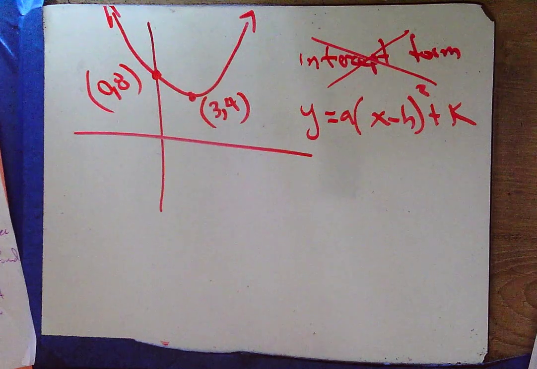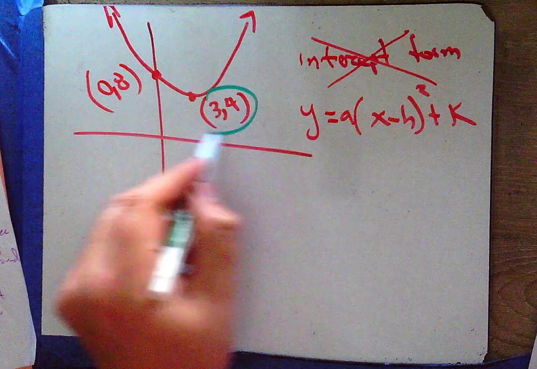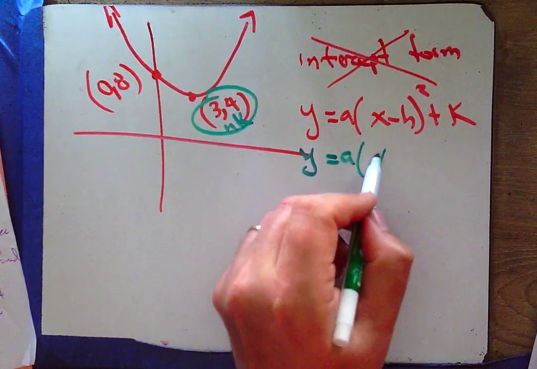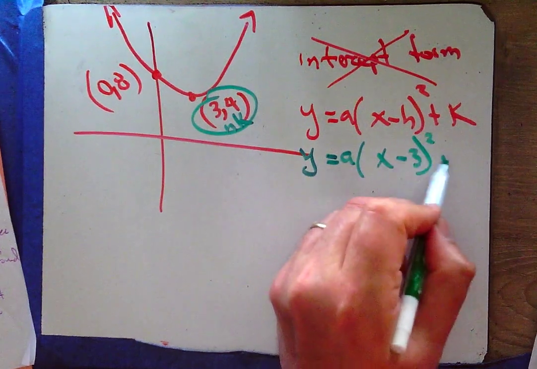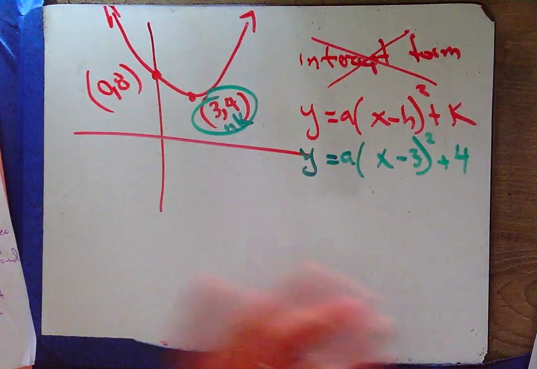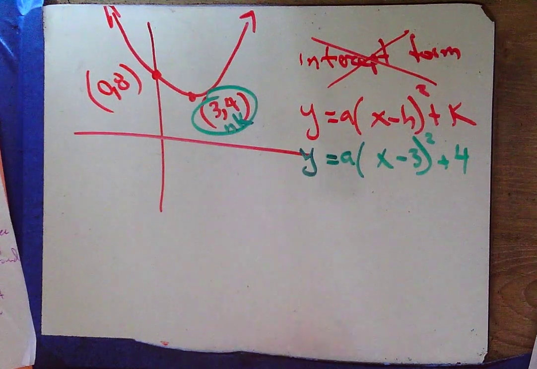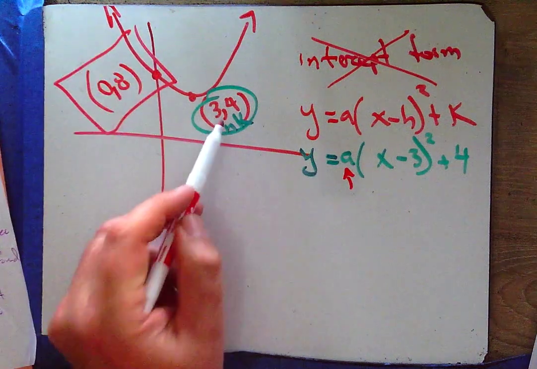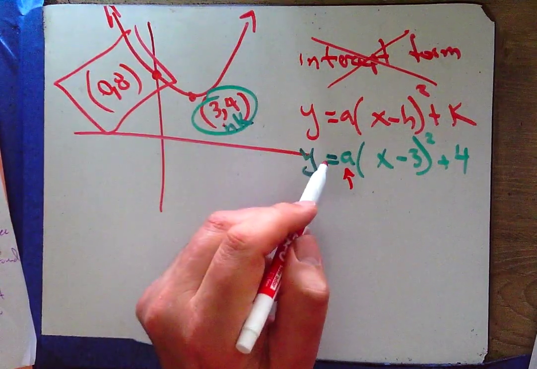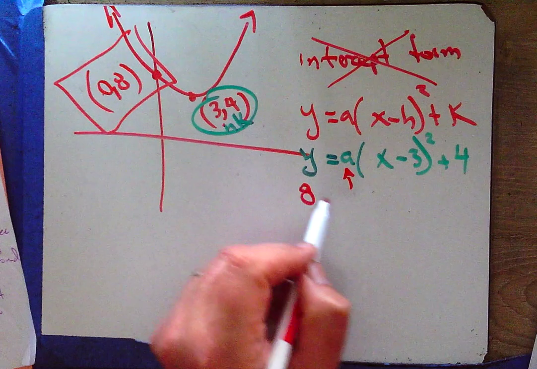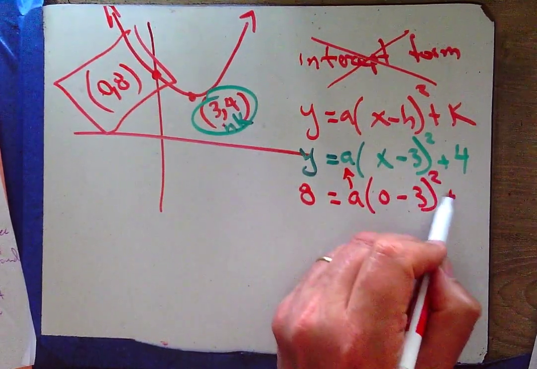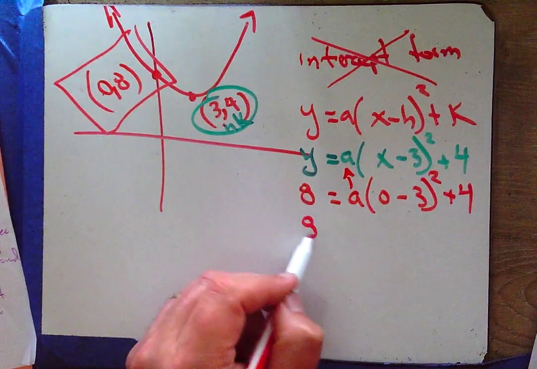Now, what am I supposed to do from here? Well, that's right. I'm supposed to identify the vertex and plug in h and k. So y equals a, x minus 3 squared plus 4. Okay, are we done? No, that's right. We're not done because we still have this a value. That's why we need the vertex and one other point to use vertex form. We'll plug in an 8 for y and a 0 for x. And what do we get? 8 equals